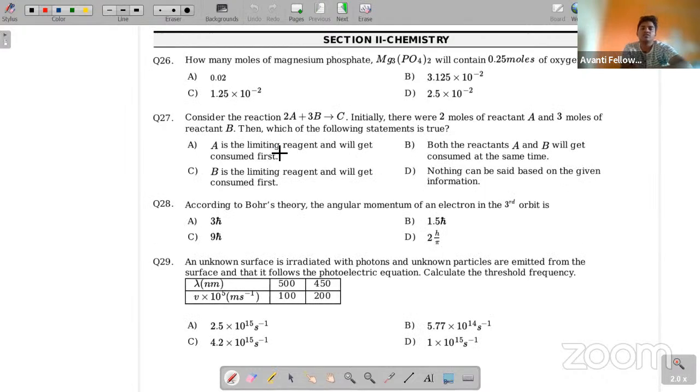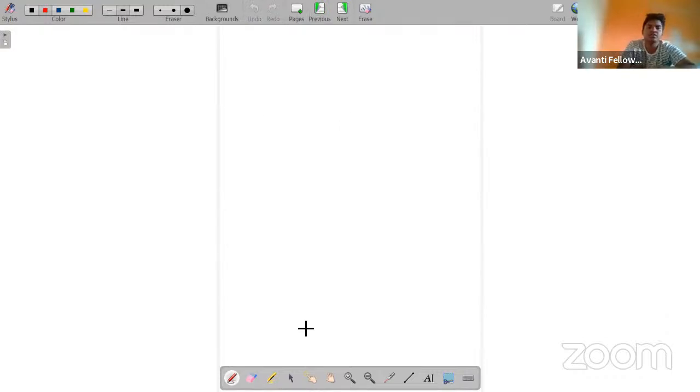So now in the first question you can see: how many moles of magnesium phosphate, that is Mg3(PO4)2, will contain 0.25 moles of oxygen atoms. Pretty simple question, very easy one. So the question is how many moles of magnesium phosphate will contain 0.25 moles of oxygen atoms. Okay. So now from the given question we can say